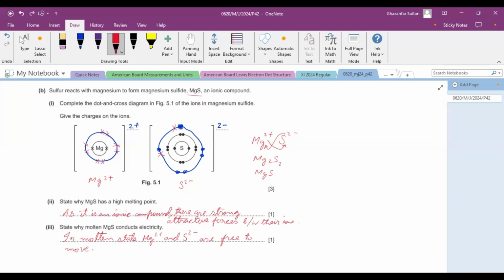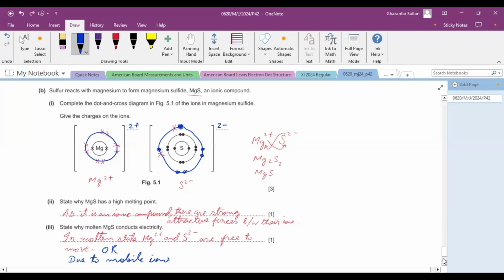Or you can write a very simple answer: due to mobile ions. Whether you write in an elaborative way as I have written, or in a very precise manner,